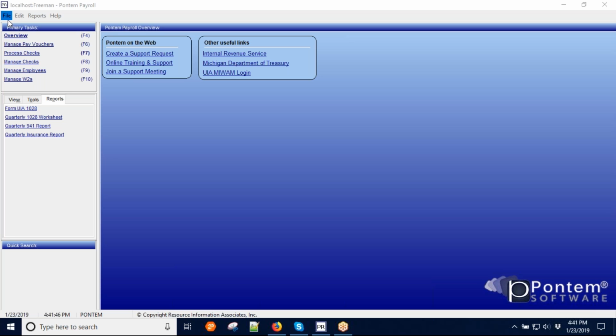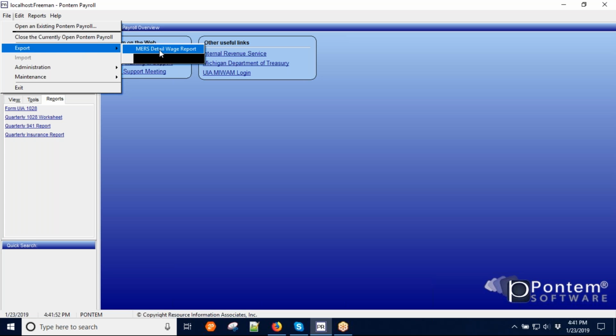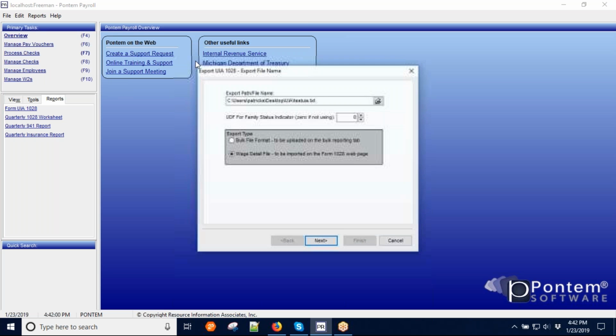To begin the process, we want to go to the word File in the menu bar up at the top. Click with your mouse. We're going to come down here to Export and use our mouse to roll over and come down to Export UIA 1028 Report. When I click on that, a new window is brought up with a tool for me to create the export